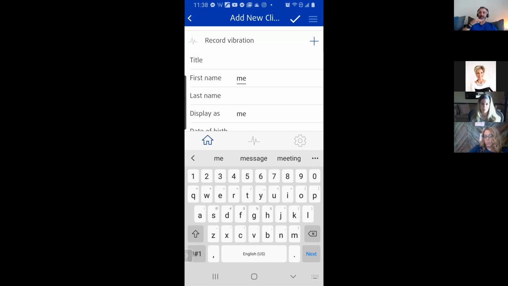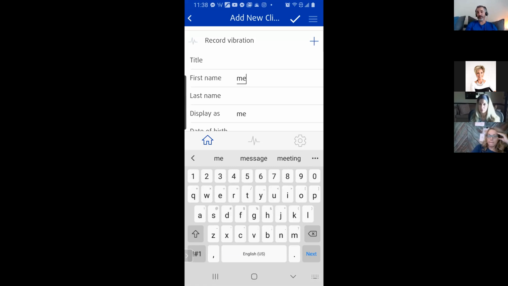The less I know somebody, okay? For example, if I was doing this for one of my parents, right? I energetically know exactly who they are, right? And if I was doing it over distance for them and I held this device in my hand and it's my intention to record their vibration, I could probably very easily do it because I'm very accurate in my connection with them. Does that make sense?